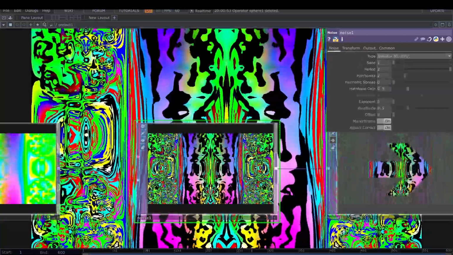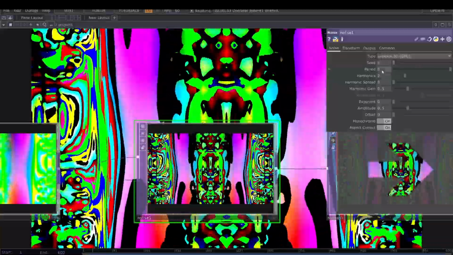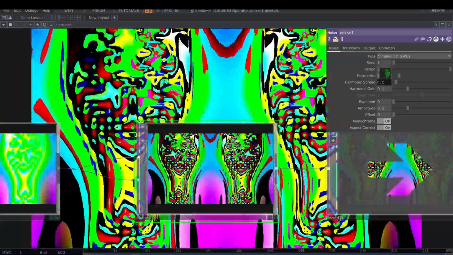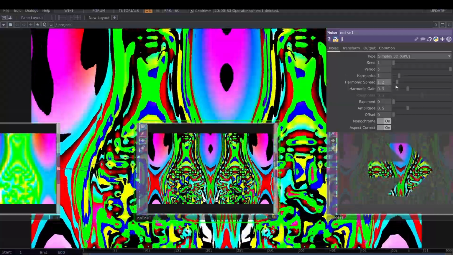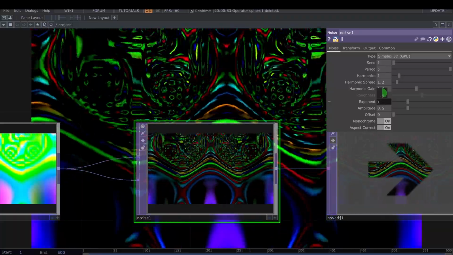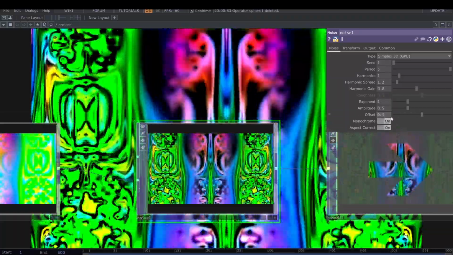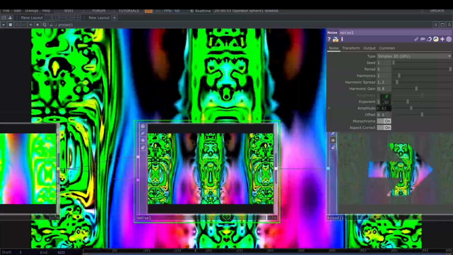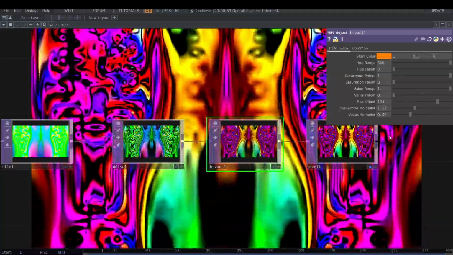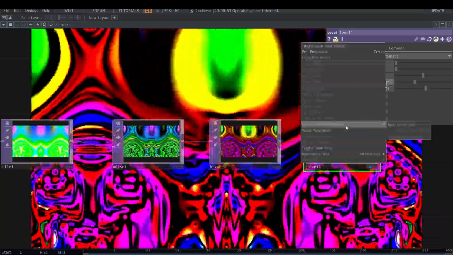And for the noise itself, I'm gonna use a bigger period of 5, fewer harmonics, a little bit of harmonic spread. I think this is the standard value, maybe. I'm going back to the exponent. I'm gonna light it up a bit, and also give it a bit more amplitude. Okay, here we are. Also in the level I want much more contrast. Okay, something like that. This is already almost 1,